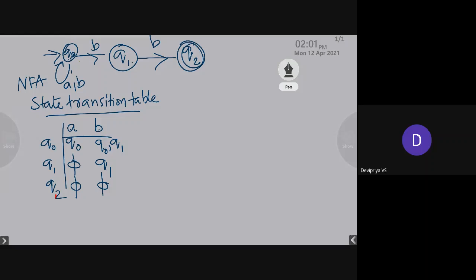If we are converting NFA to DFA, there won't be any change in the input symbols. So input symbols will be the same as those of the given NFA. What are the input symbols of the given NFA? They are small letter A and small letter B. So the same will be the input symbols for the DFA. And the initial state: from the given data, we can know that Q0 is the initial state. That initial state won't change in the case of DFA also. So the initial state of both NFA and DFA will remain the same. Okay, so now we are going to convert the state transition table of NFA to the state transition table of DFA.